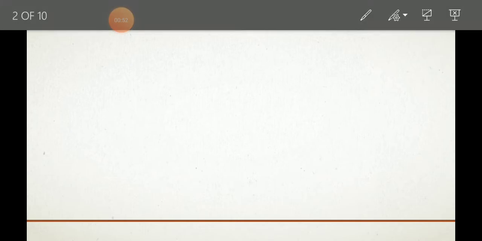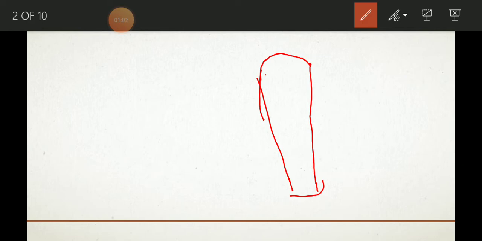As the introduction, we already saw what exactly the quarter joint means. The quarter joint, as I told you, is a flat wedge-shaped steel piece of a rectangular cross section with uniform thickness. It will look something like this, which is tapered on one side and straight on the other side.